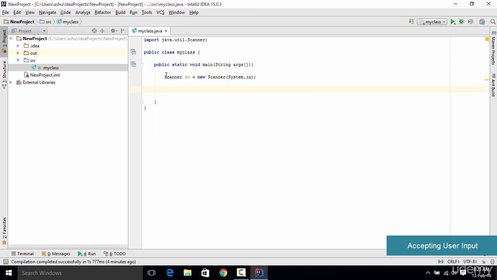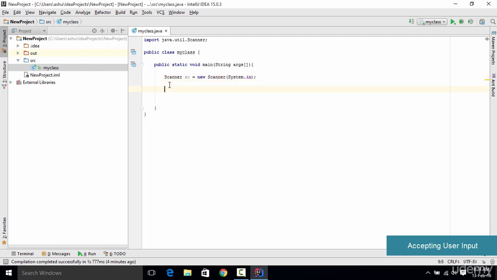If you don't understand what this is, it is called creating an object for the class Scanner. As we want to use the methods inside this class, we have created the object of this class right here and named the object sc. This line of code is used to create the object of the Scanner class. If you find it confusing, just remember that this is a basic object initialization where we have created the object in order to accept the user input.